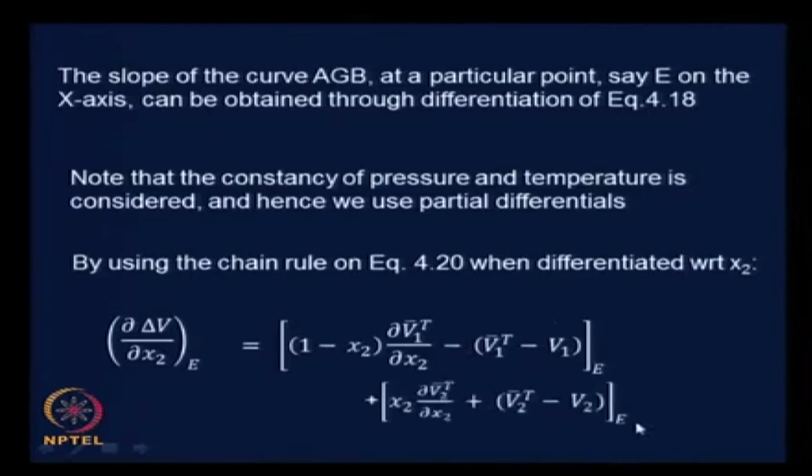That is the first term, plus the second term is x2 dou V2 t hash by dou x2 plus (V2 t hash minus V2), both taken at the point E,